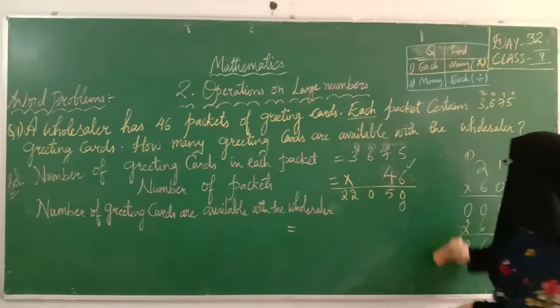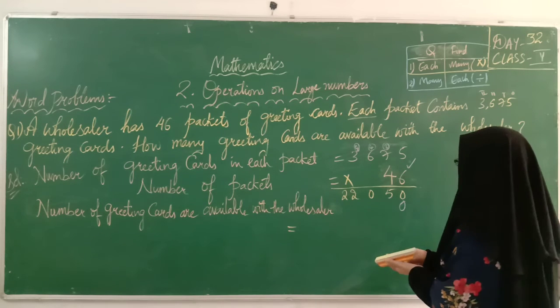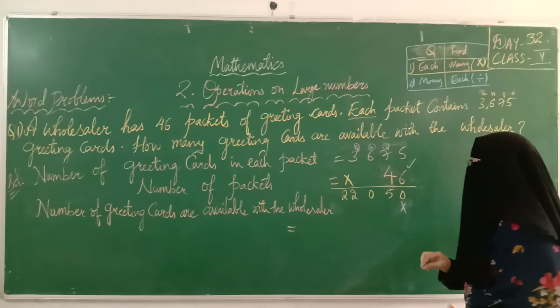Okay. Next, we will move here. I am writing here, children, x, your wish. You can write 0 or x. I am leaving one space because we have completed one digit multiplication. Next, we are moving to the second digit.